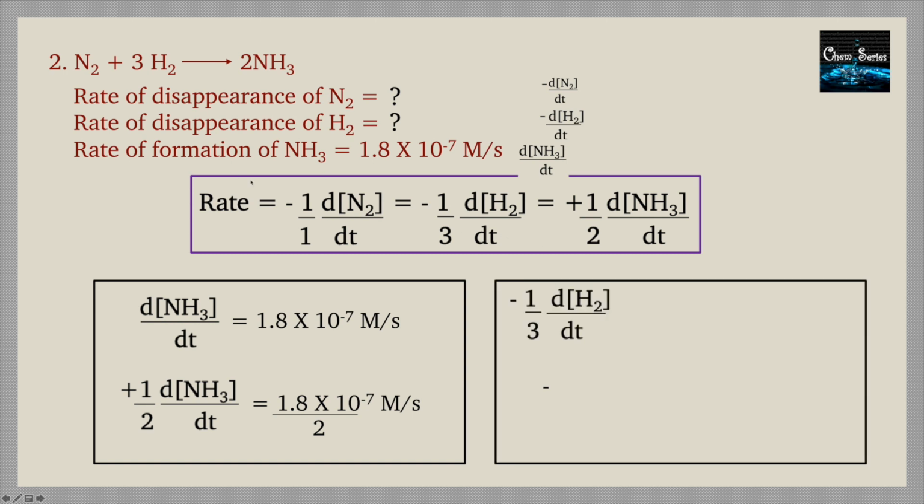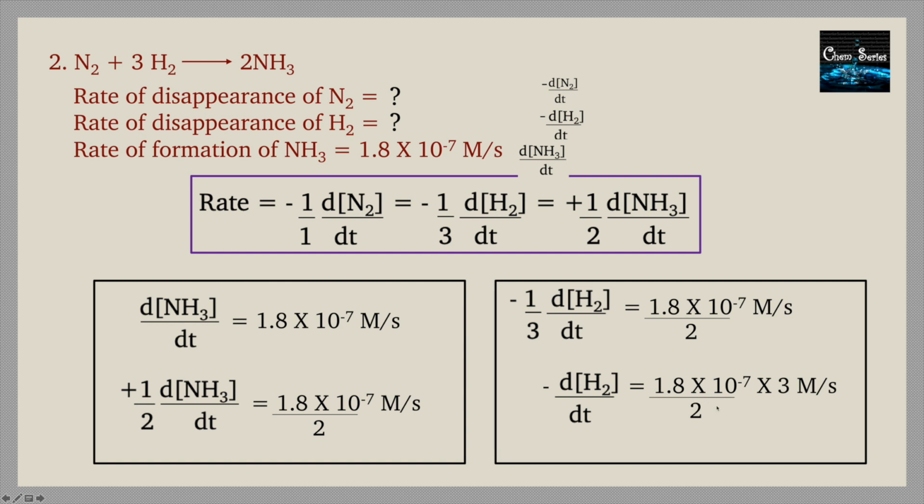So in order to calculate the rate of disappearance of N2 and H2, we take minus 1 by 3 dH2 by dt, which is equal to 1.8 into 10 power minus 7 by 2 molar concentration per second. You could understand why, right? Because all three are the same. So we have found this answer to be 1.8 into 10 power minus 7 by 2, which is also equal to this term. So from this, we can calculate the rate of disappearance of H2, that is minus dH2 by dt, by cross multiplying this 3 over this side.